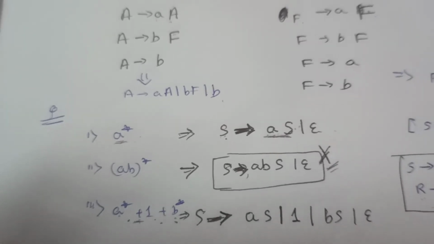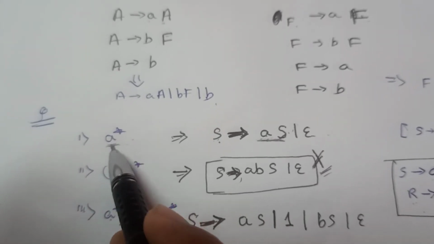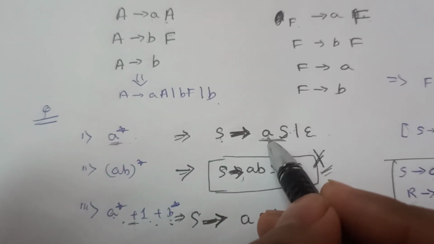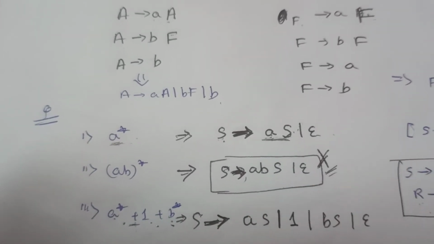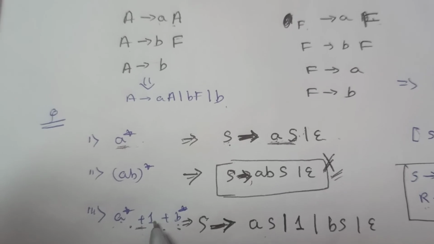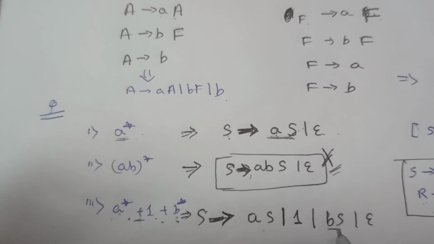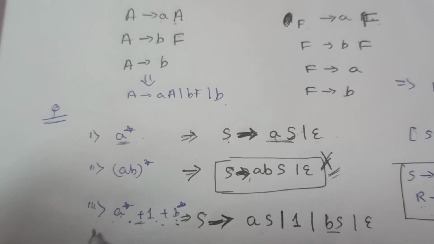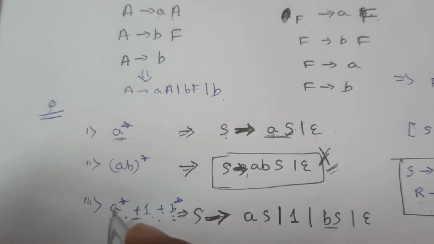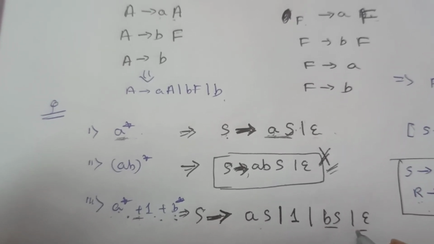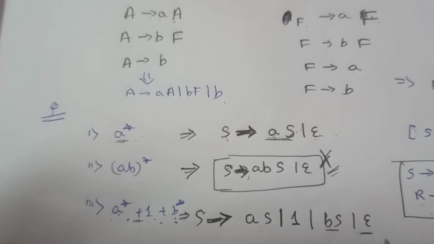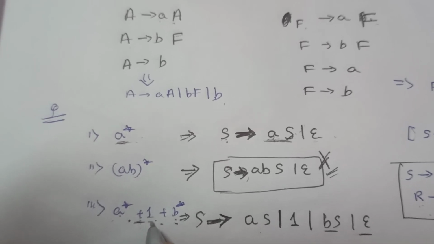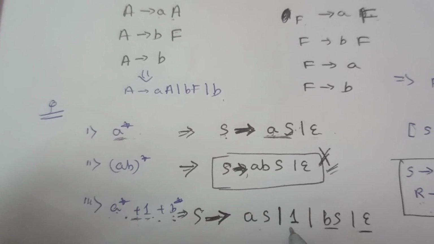So see, I have already told you what the production rules for A star are. For B star it will be similar, just for AS it will be BS. So for A star it is AS, for B star it is BS, or there is also a null, since this star can also mean null. This is like the base condition of the recursion type of thing. Okay, so for this null value the recursion will stop. And also there is a 1, so from S it can also become 1.